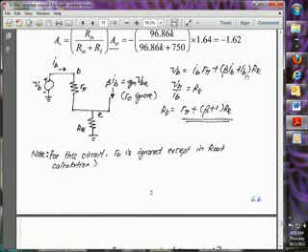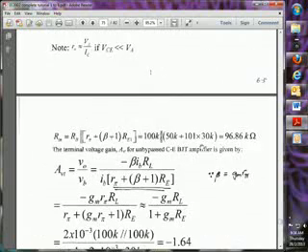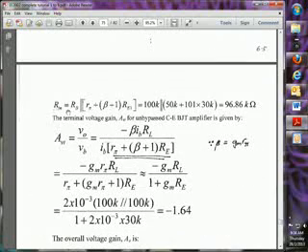Multiply with RE will give me the voltage drop across this point to ground, plus the voltage drop across R pi give me VB. Take all the IB to one side and you get VB divided by IB equal to RK, and RK is equal to R pi plus (beta plus 1) RE. So Rin is equal to RB parallel with RK, where RK is equal to this. Rin can then be calculated to be this. Next, we will